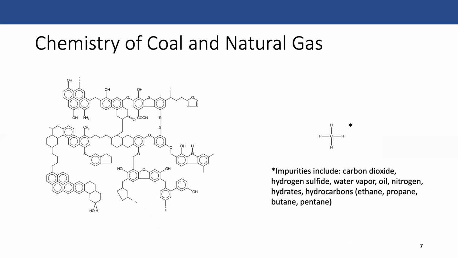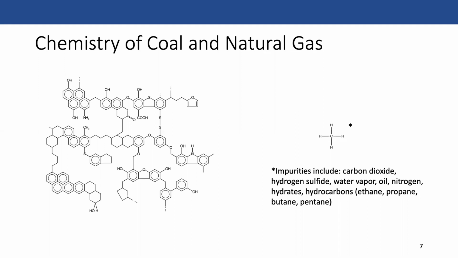So, the chemistry of coal and natural gas: the solids are typically the most complex, and you can think about why that is. For it to be a solid, you need long and large hydrocarbon chains, and the longer and more complex the structure in the molecule, the more likely it is to be a liquid than a gas, and more likely to be a solid than a liquid.